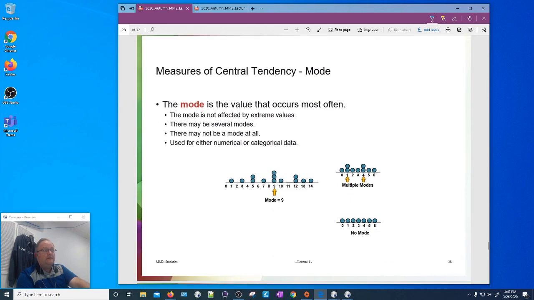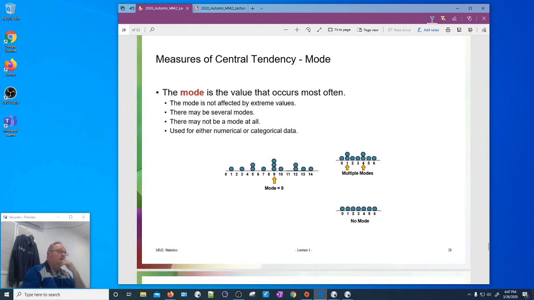So the mode is the third measure of central tendency. The mode is the value that occurs most often, sometimes referred to as the frequency. And what we notice is that a mode can exist. That is, the number 9 is occurring 3 times. That's more than any other particular data number in this set. 1 and 4 are appearing in the data set an equal number of times. And in this particular data set, they're all appearing at equal frequencies. So in that sense,